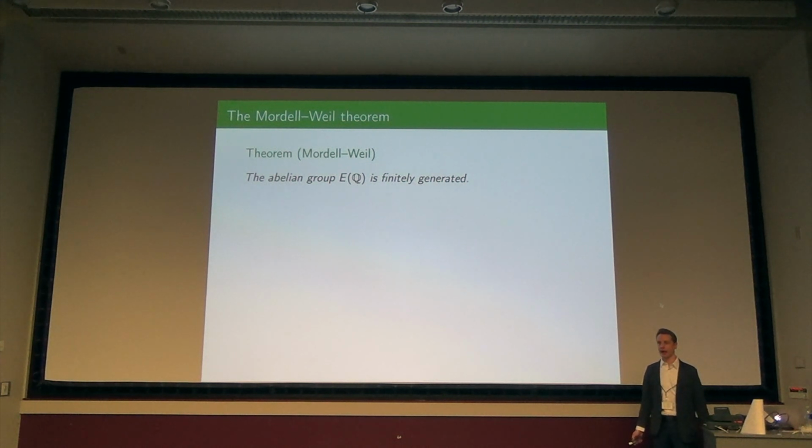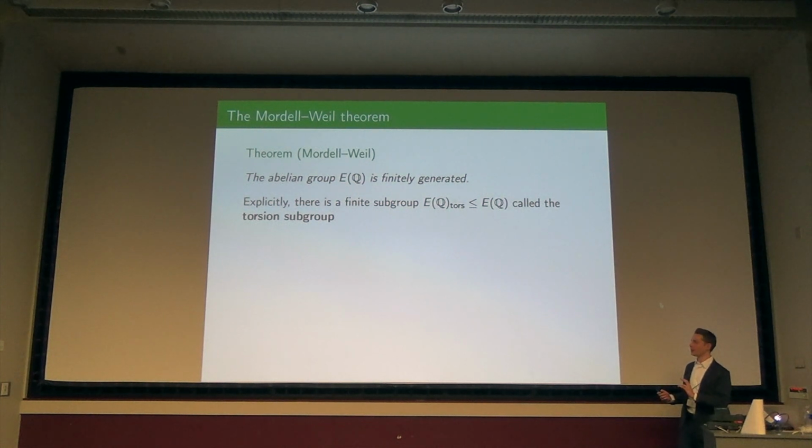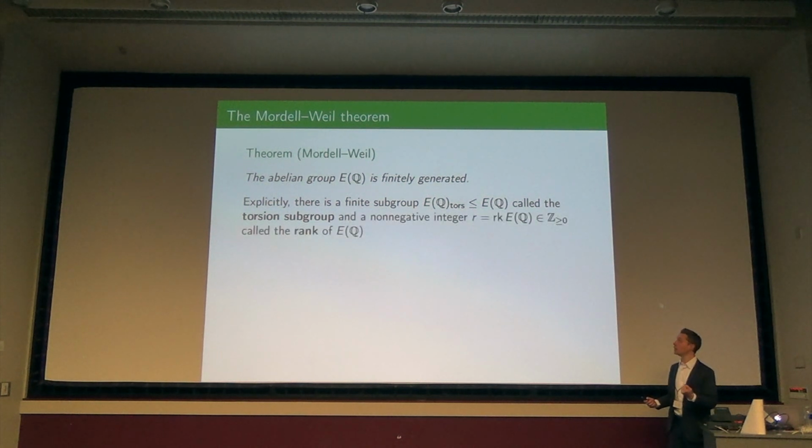Now that I've stalled for you, what is the structure theorem for finitely generated abelian groups that the whole mathematical world is built upon somehow? You guys remember? There's a torsion part and a free part. The torsion part is canonically given. You have to choose a basis for the free part. Let me make this really explicit. There's a finite subgroup, some finite abelian group, called the torsion subgroup, and some non-negative integer r, which is called the rank of the abelian group.